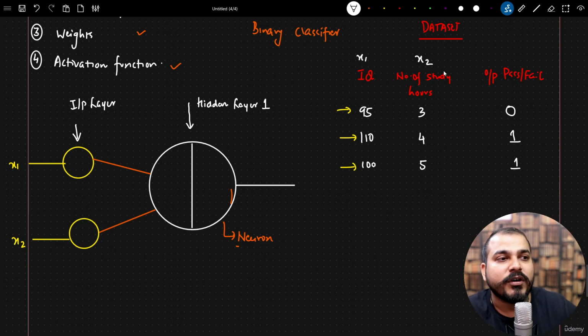Since I have 2 inputs, x1 and x2, that is IQ and number of study hours, those inputs will be passing from here, right? Then the next thing that we really need to understand is about weights. Now what is